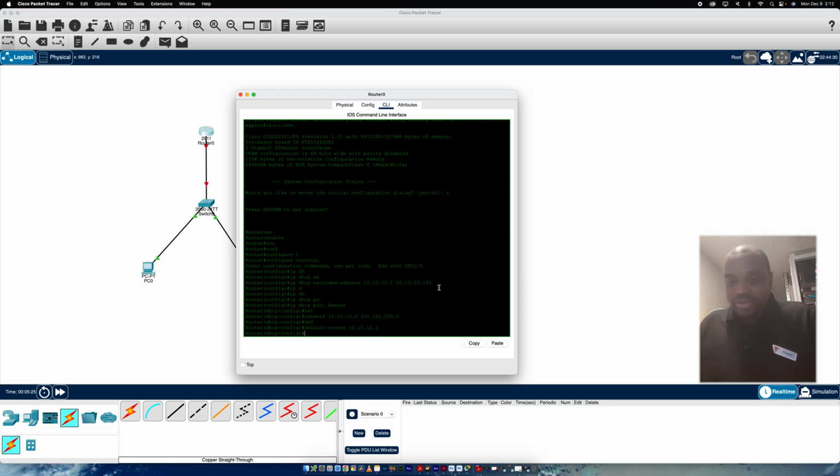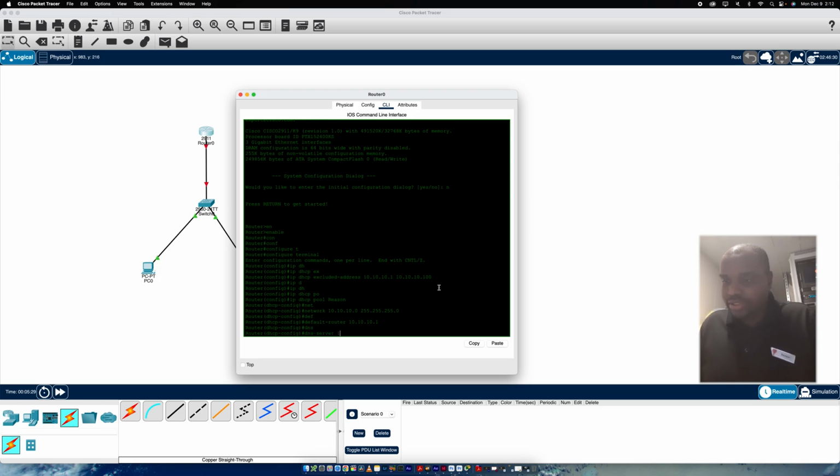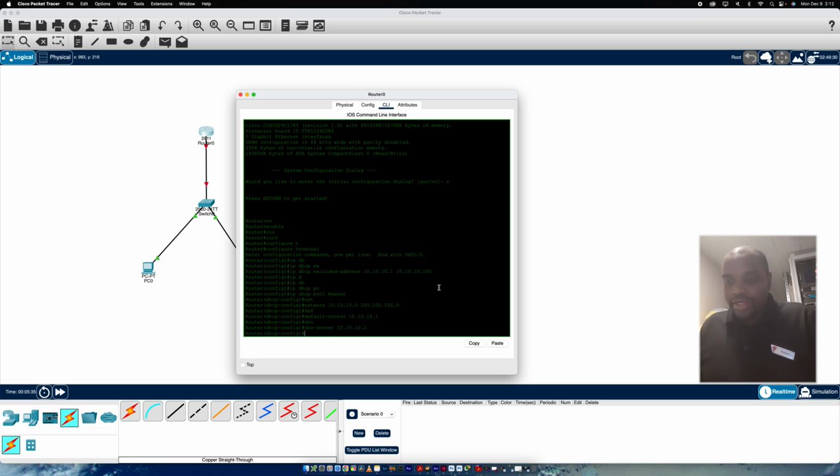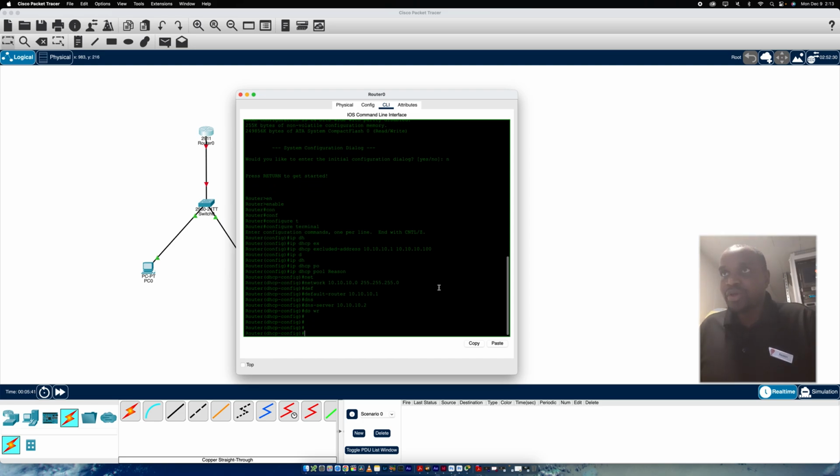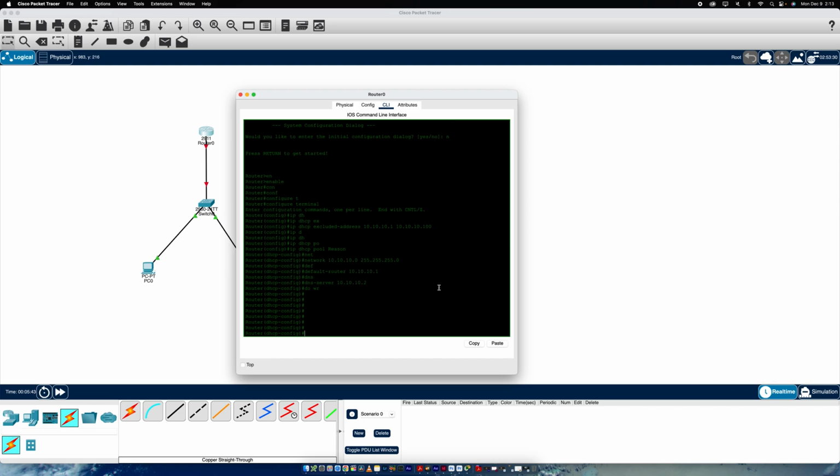Then we're gonna configure the DNS server. DNS server at 10.10.10.2. Okay, let's do write. We are copying the running configuration to startup configuration so that we don't lose it whenever we reset or reboot or reload the router. So now that our router is configured to be a DHCP server, we're gonna check the